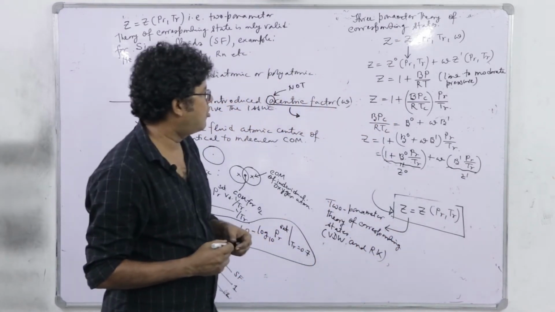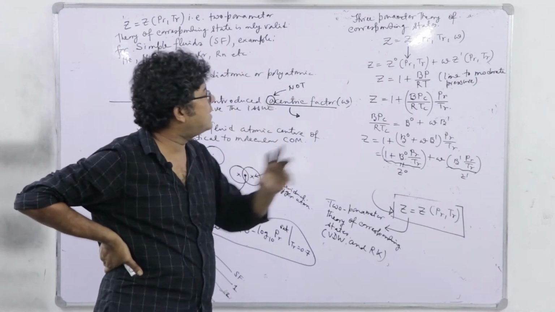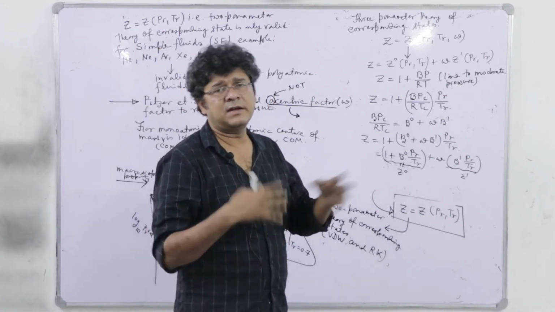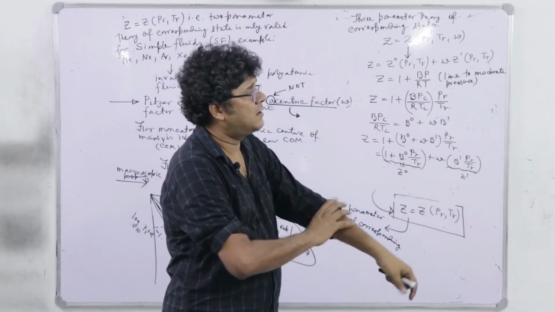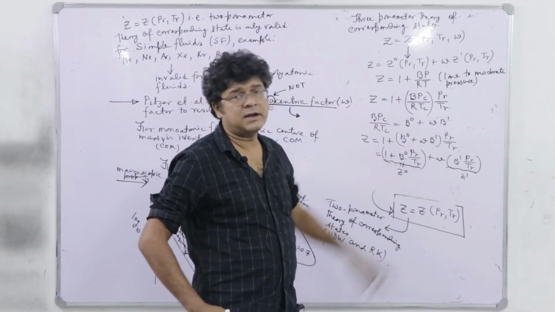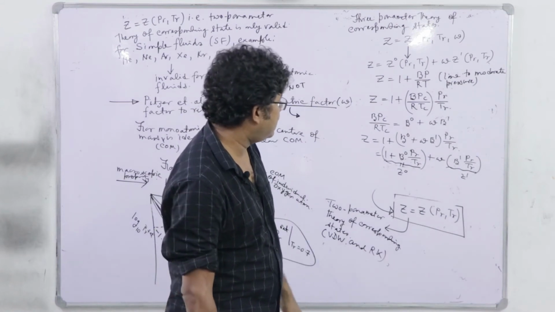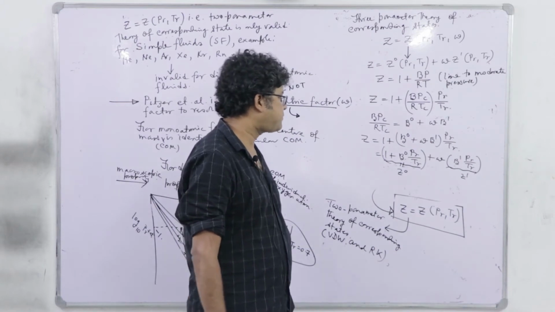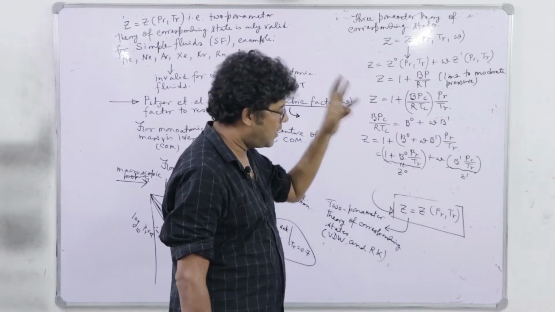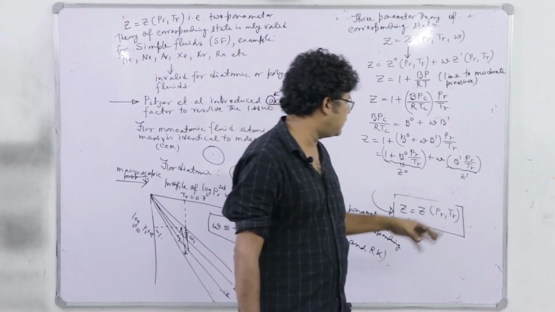What they further did, considering the experimental data of Z0 and Z1, you see in different books it is given how it changes with Tr and Pr. That is a graph of Z versus Pr at different Tr, or the reverse. For both Z0 and Z1 it is given in standard textbooks like that of Y.V.C. Rao in chemical engineering thermodynamics. So, once you know how Z0 varies with Pr and Tr, because Z0 is independent of omega,